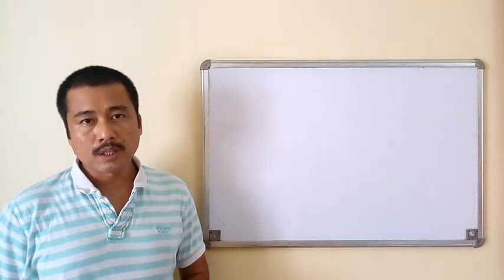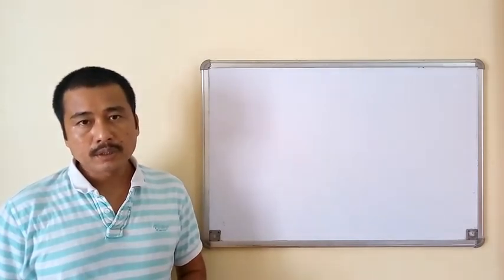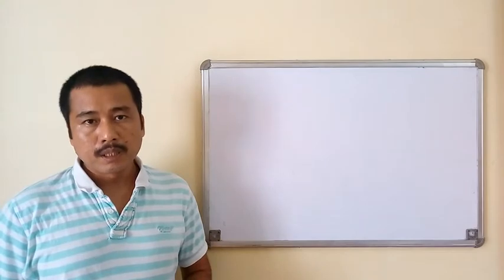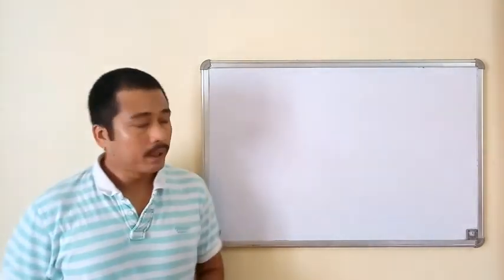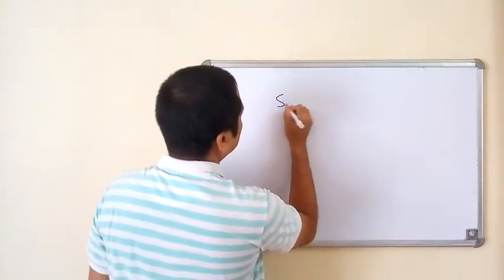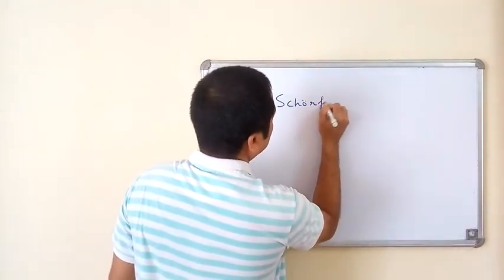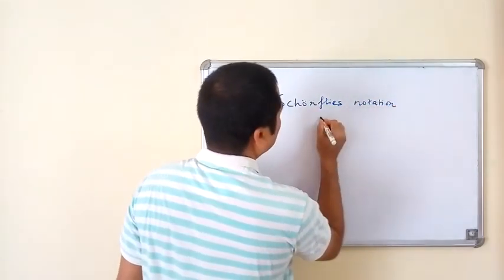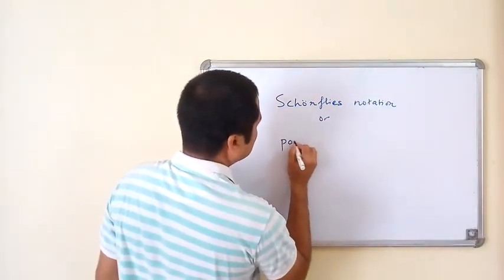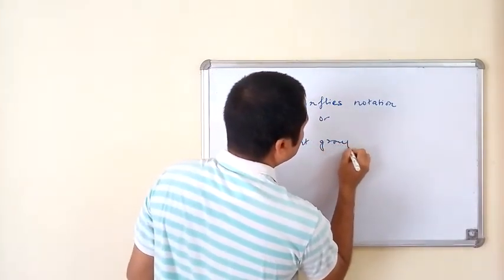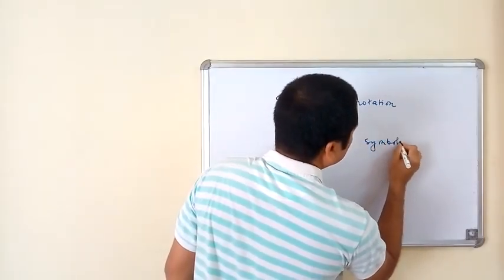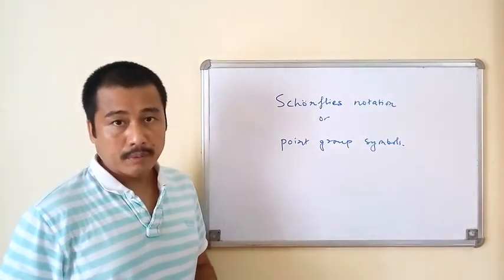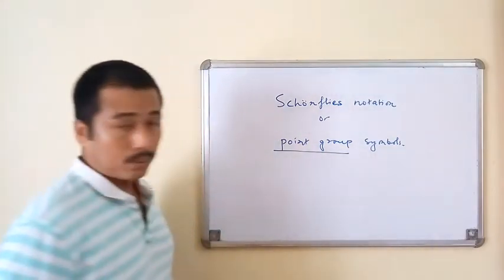And the first thing that we should learn is that the notation that we use to designate or denote these mathematical groups formed by symmetry operations is known as Schoenflies notation, or we also call them point group symbols. And the mathematical groups that are formed by symmetry operations within a given molecule are actually known as a point group,